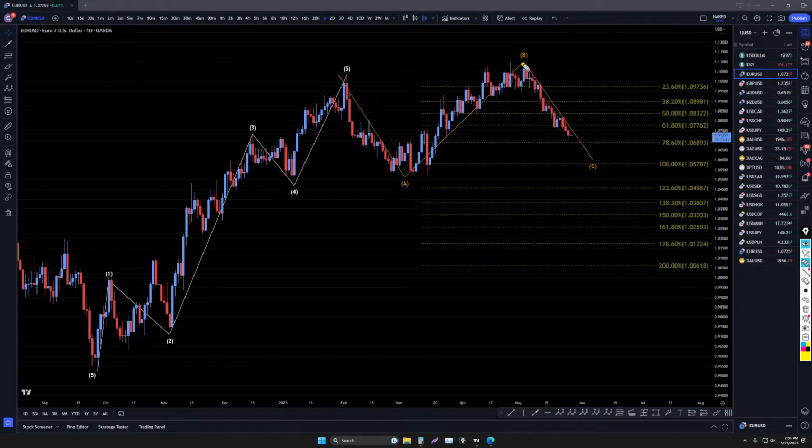Now the euro dollar I still think is very likely that it is in a wave C. We are approaching this 78%, and I've been saying for quite some time now that I think the 78% or possibly the 100% are going to be one of the two levels where we have the end of a correction, like the end of this wave C. But until I actually see a break of structure up, which really could happen at any one of these three levels, I am definitely still looking for shorts in a downtrend, especially on the shorter time frames.